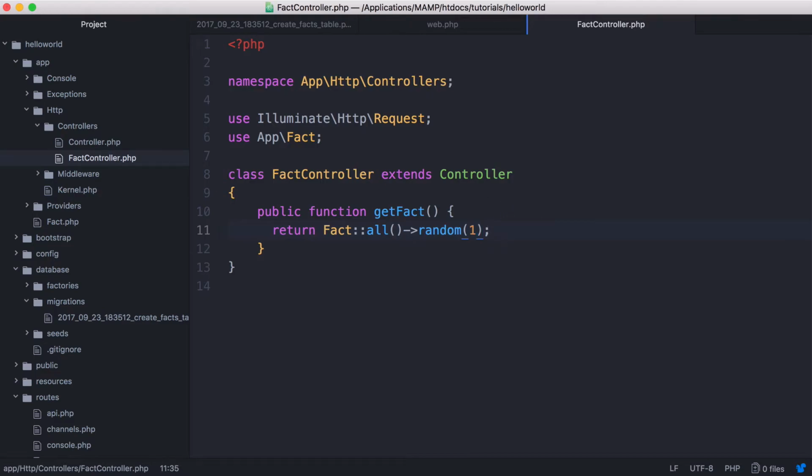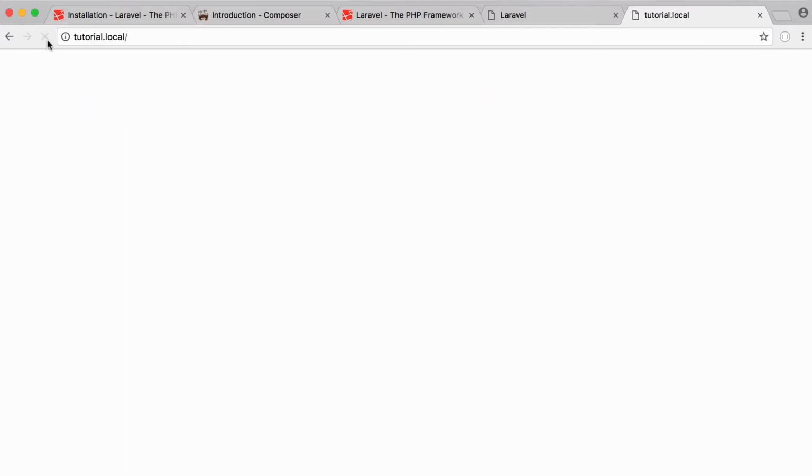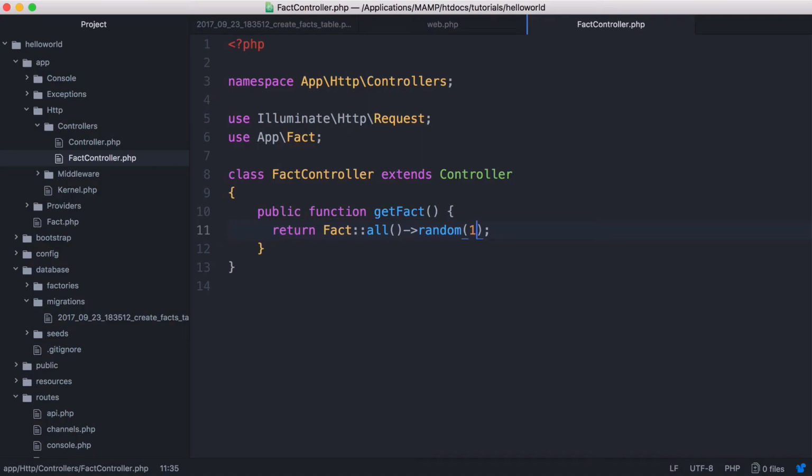So now if I was to refresh, you can see now we have raw JSON returned to us, and if I was to refresh, we'll get a different fact. And you can see Laravel did all that for us, and all I had to do was 1 line of code. So instead of returning the facts in this sort of format, what we're going to do is